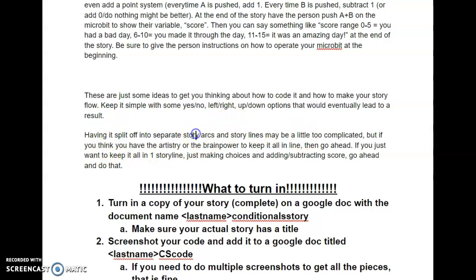So having it split into separate story arcs and storylines may be a little too complicated, but if you think you have that ability, please do so, as it can actually make your assignment a lot better